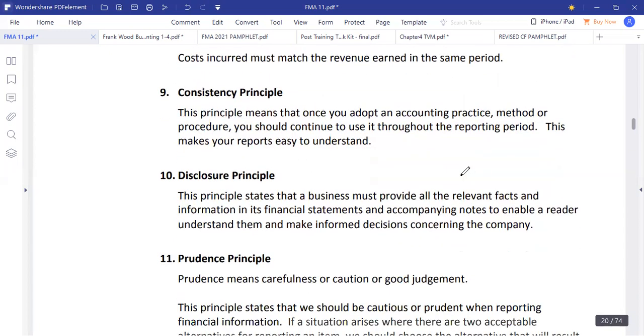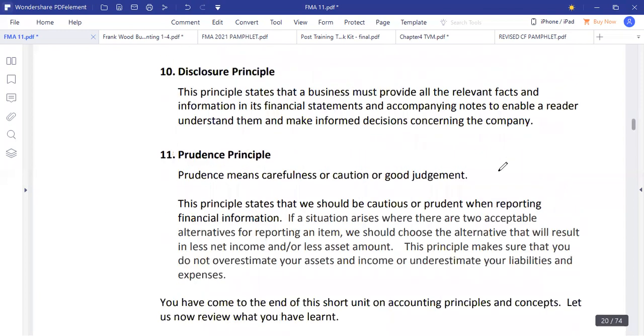Then we also have what is called the disclosure principle, which simply asserts that a business must provide all relevant facts and information in its financial statements, and must have accompanying notes that will enable the reader to understand and make an informed decision concerning the company. So there shouldn't be any hidden information. You should provide all relevant facts for the end user. Finally, we have what is called the prudence principle, which says that